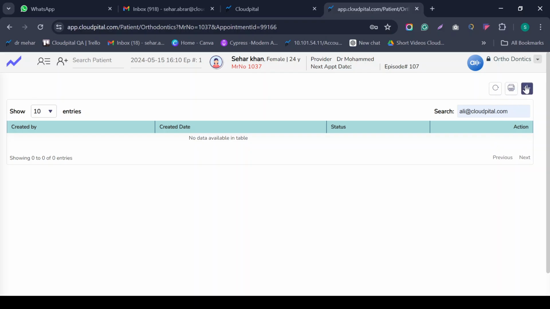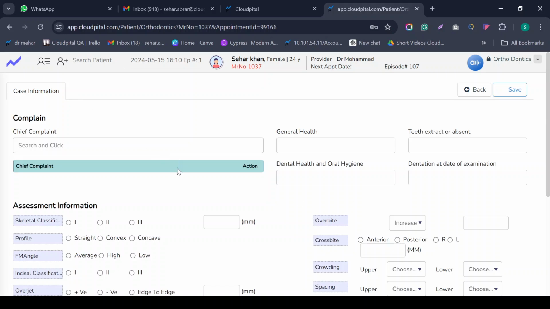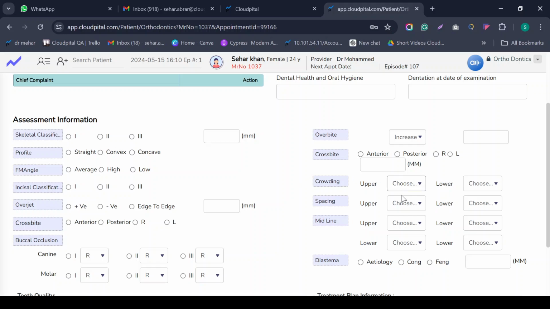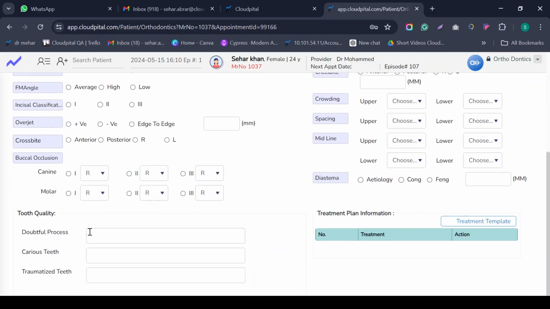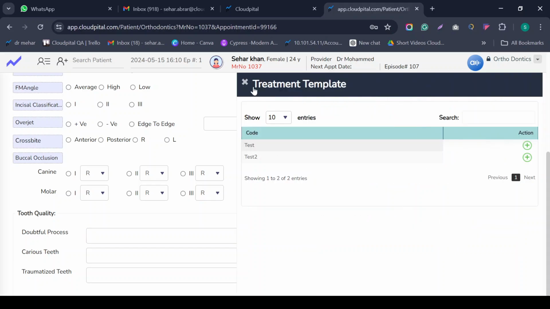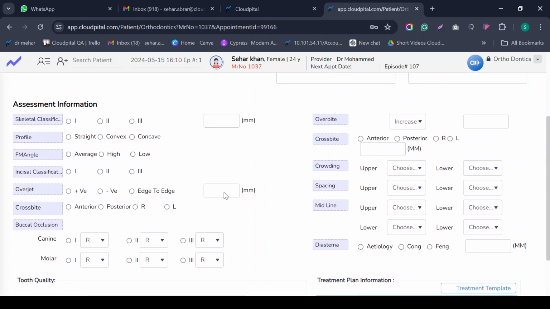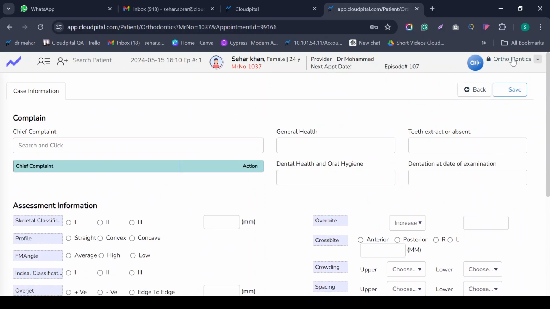Similarly, for orthodontic, you just need to click on the plus button. All of the case sheet components will be shown, like the initial assessment of the case sheet. What is the scaling area the patient needs, the upper scaling area, the lower scaling area? What is the total tooth quality right now and in the future? We can also edit these different types of treatment plan templates in these screens as well. So these are the different dental screens which I am explaining to you.